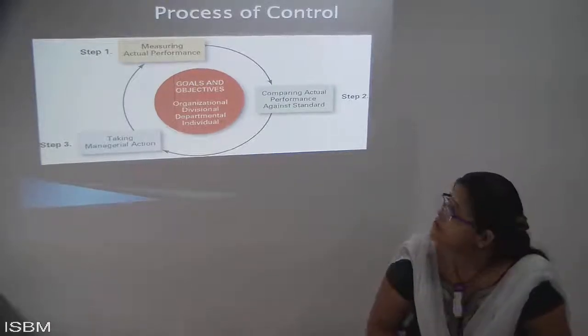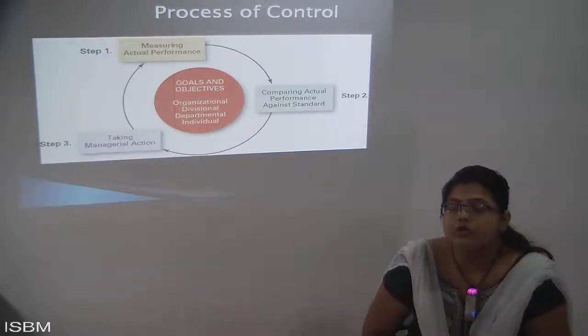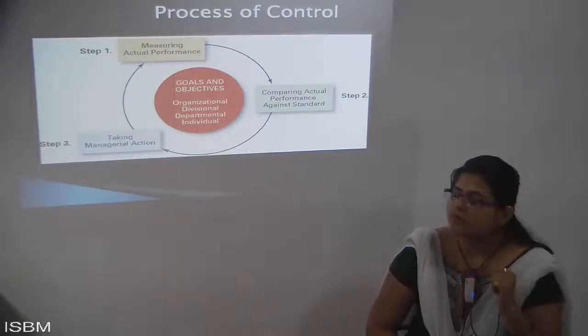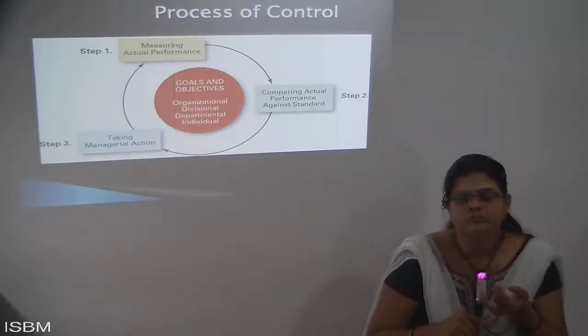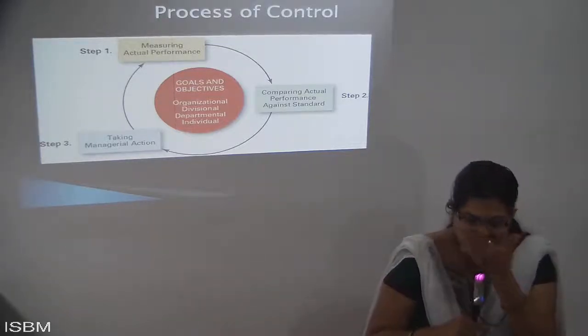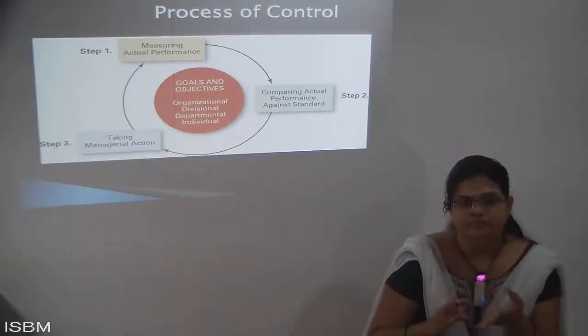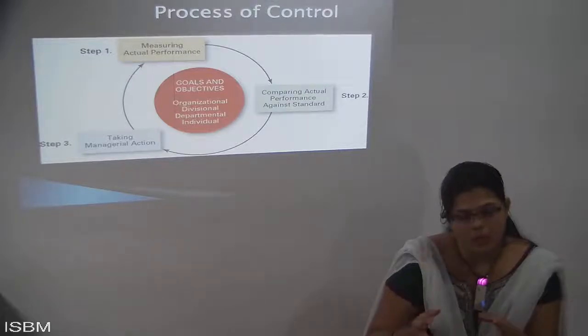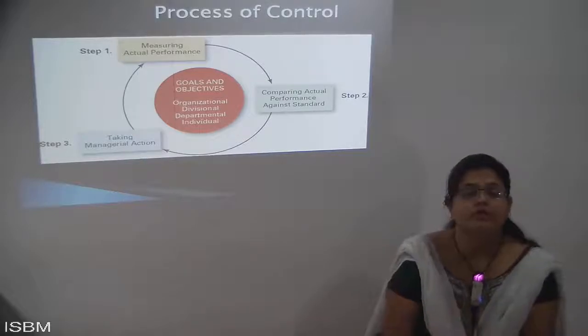controlling. Now if you want to control each and everything, first you need to measure the actual performance. You people will be aware of the goals or objectives of an organization, where you have a mission, vision and goals, which makes it goal oriented. For this also, the first step is that you need to measure the performance.